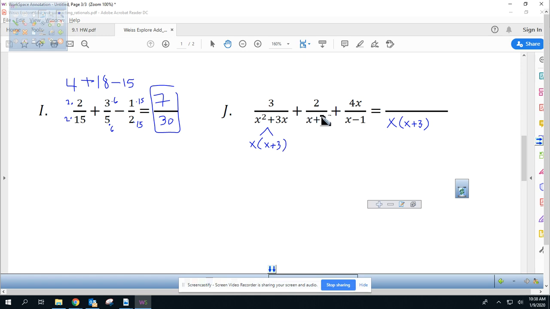But when I go to my second one, notice it already has x plus 3, so I'm good. I don't need to add another x plus 3. If it's already there, it already counts. Kind of like this 5 was already part of 15. We didn't have to write it again. All right. X minus 1 is not yet listed in our common denominator, so x minus 1 must also be